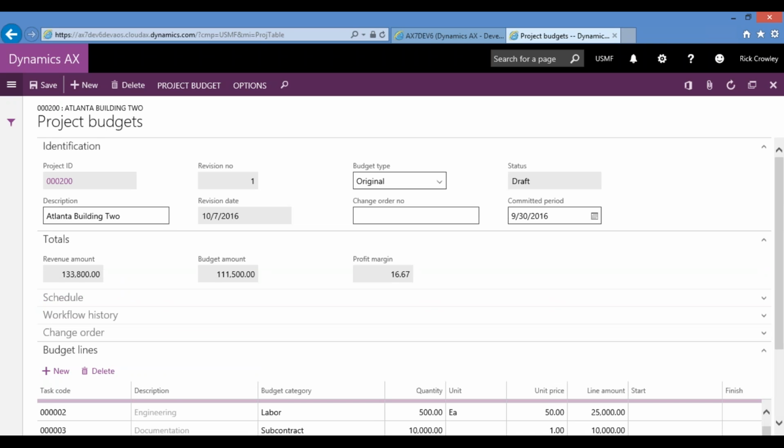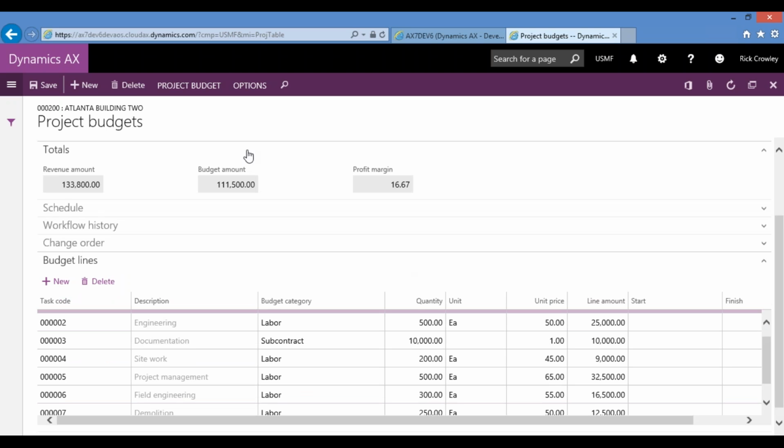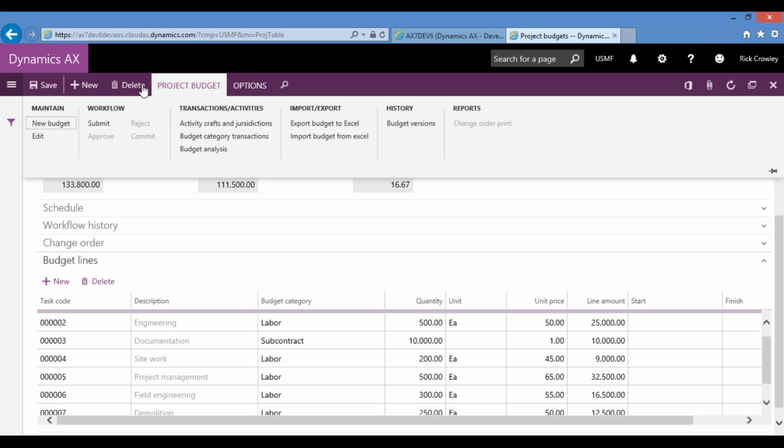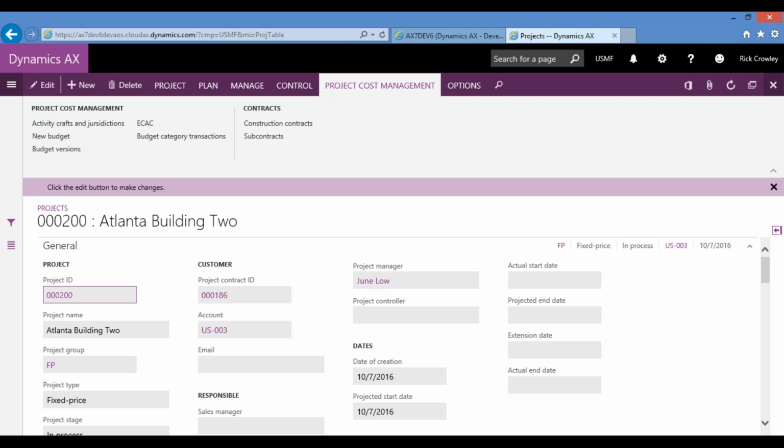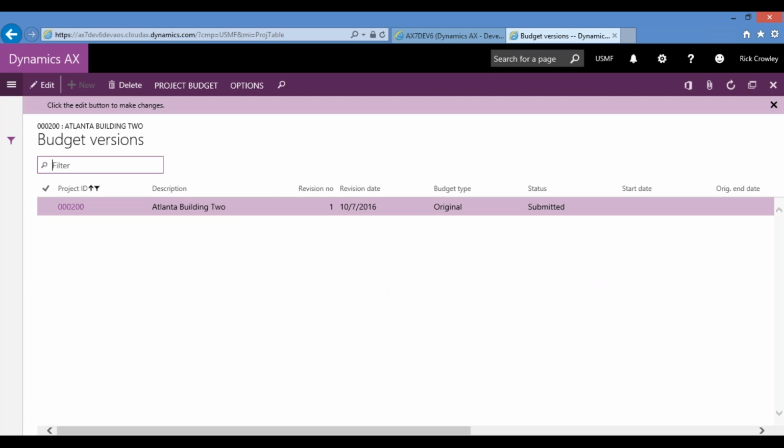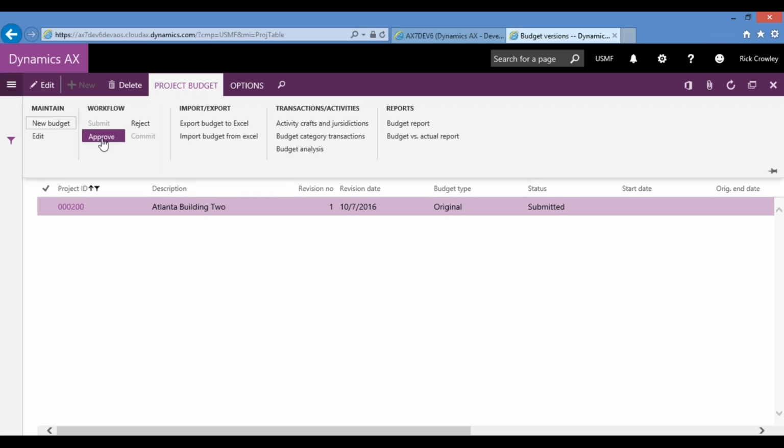Now there's a workflow, and the workflow you'll find under the project budget tab is initially a submit. And we've submitted this budget. So someone with admin rights, I'm going to look under the budget versions and see what versions are on this project. Well, there is one now, revision number 1. It's in a submitted stage and it's of type original. As an admin, I have full approve rights, so I'm going to approve it